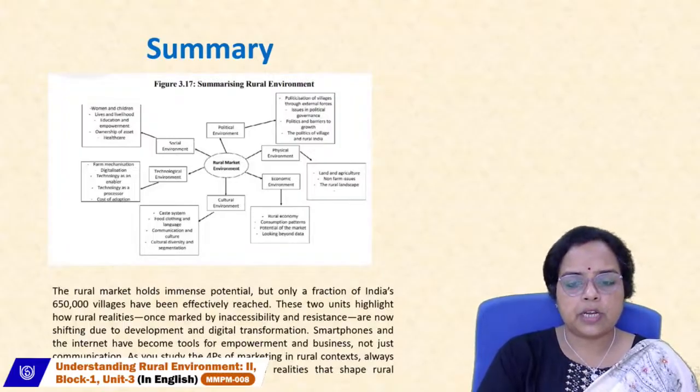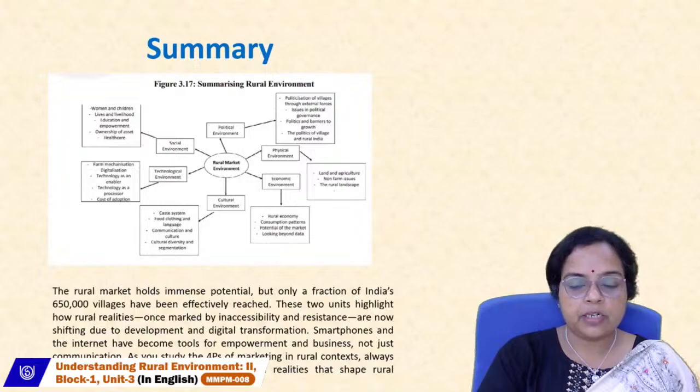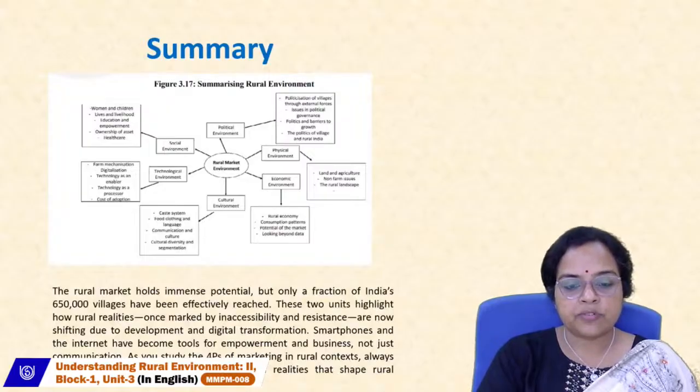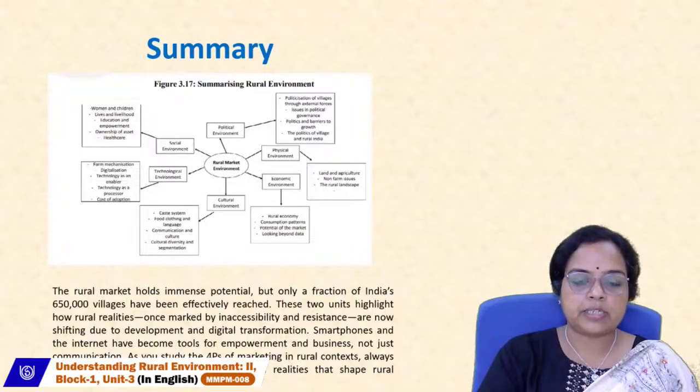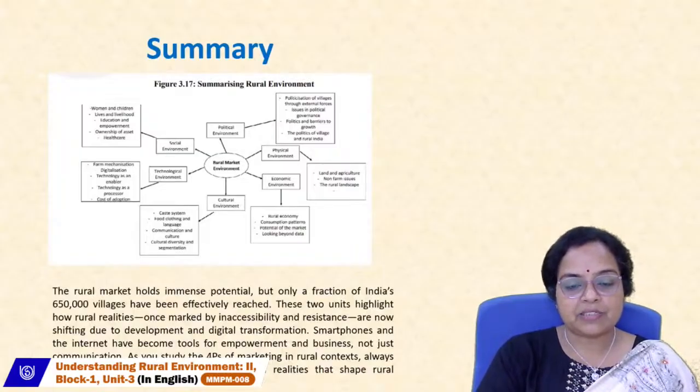With this, we have finally discussed all the 3 units of chapter unit 1, and I hope all of you have understood the details of rural environment 1 and rural environment 2, who a rural customer and consumer is, and what factors the marketers need to take care of while introducing the product to them and strategizing the marketing for the rural belt. What should be the pricing strategy, what should be the distribution channel, what should be the influencer or advertising channel strategies for them. You need to take care of every part and every element of marketing decisions.